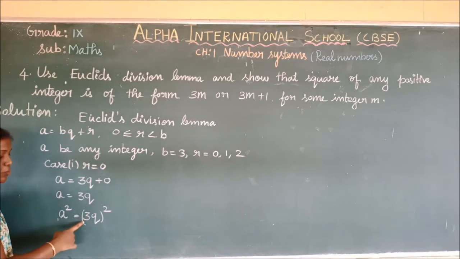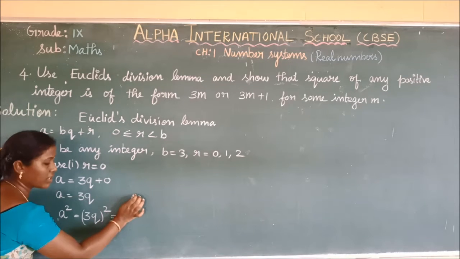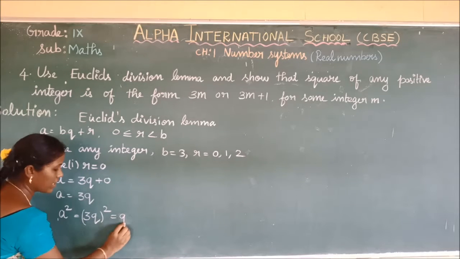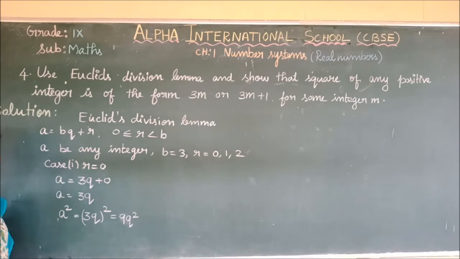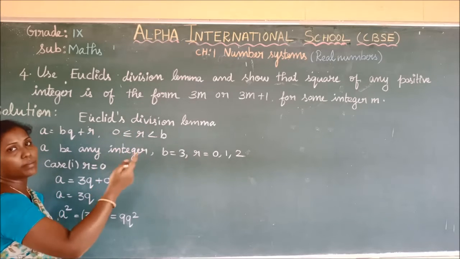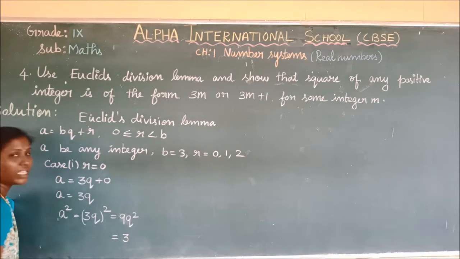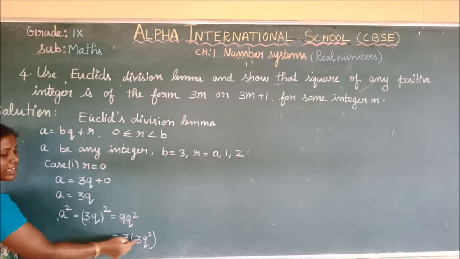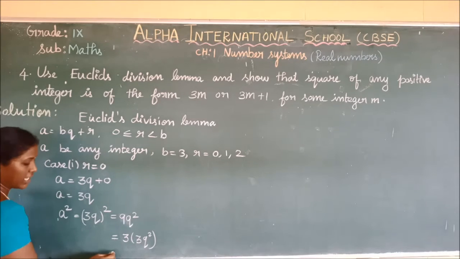This square is common for both 3 and q. So how to write this? 3 square is 3 into 3, 9, and q square is q square. Now what do we have to do? We have to check whether it can be written in the form of 3m or 3m plus 1. So 9 can be split like this: 3 threes are 9. So 3 into 3q square,